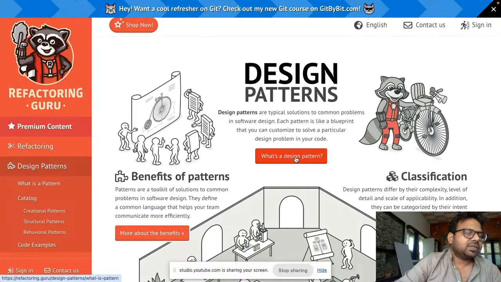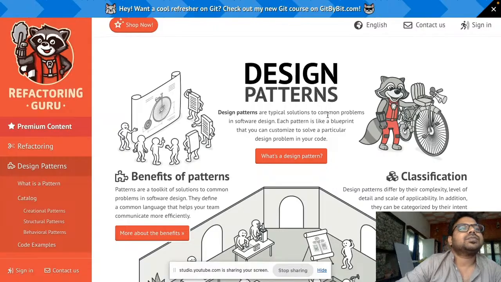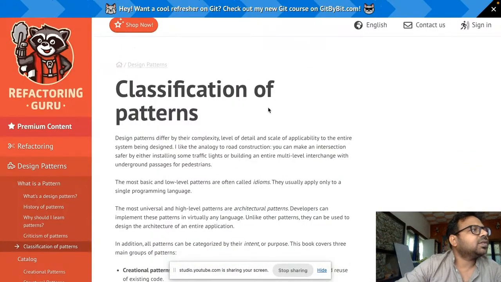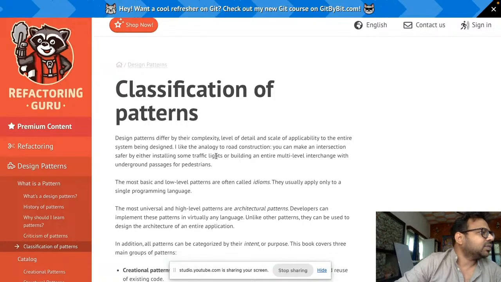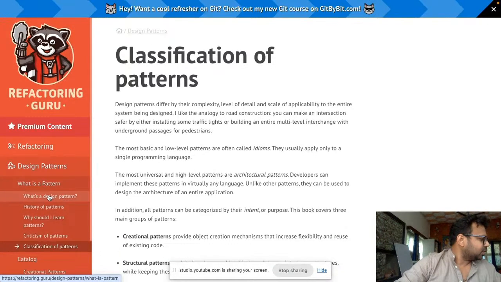Okay, now let's see what's design pattern. And then, do I need to sign in inside it? Okay, no. So